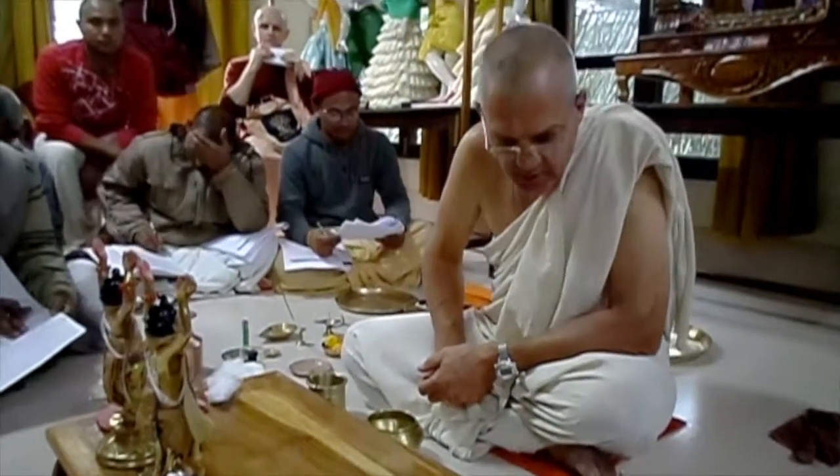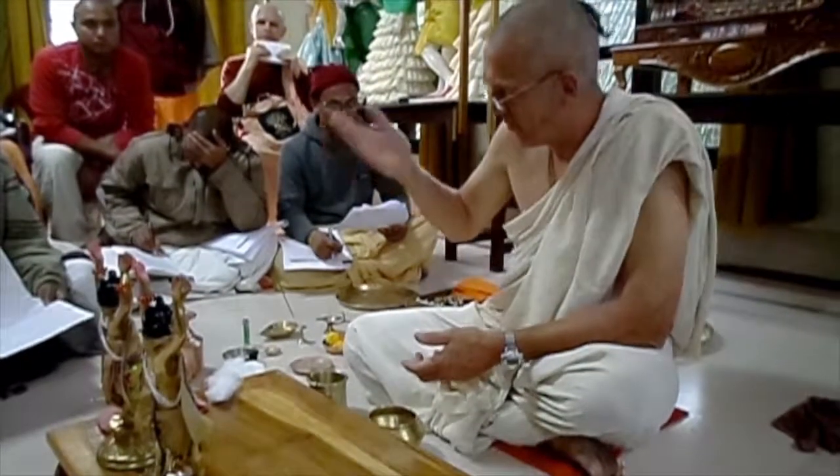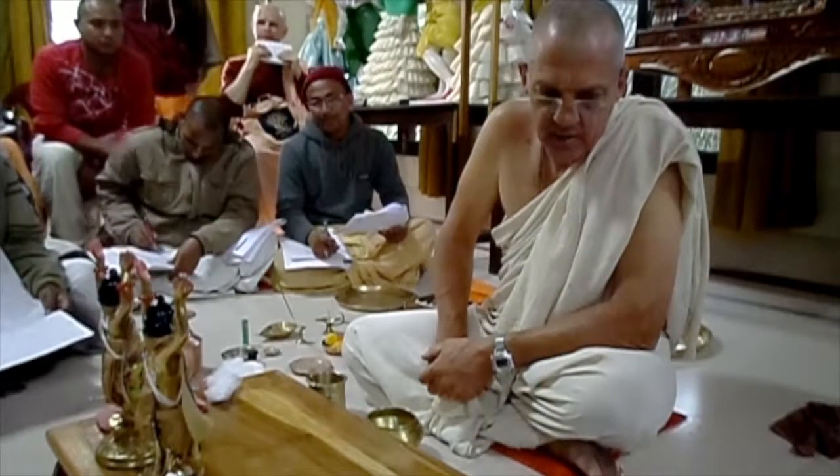Svadunyas charutire spuritam bhakti brihat kurma krishna bhagatram. Nityam